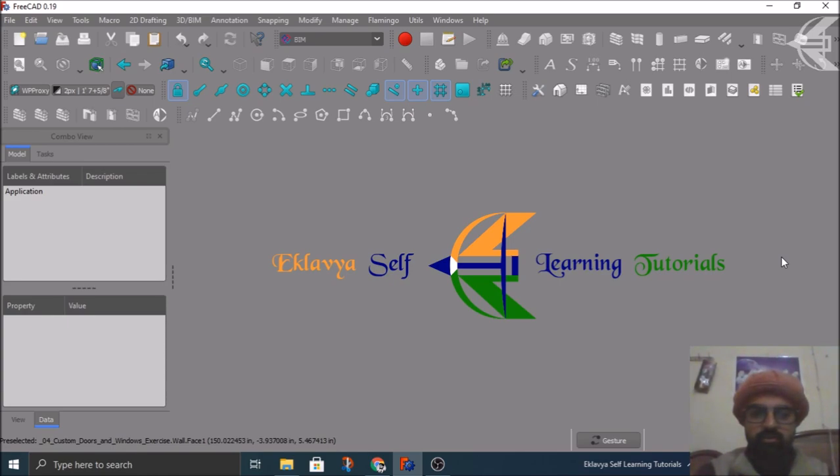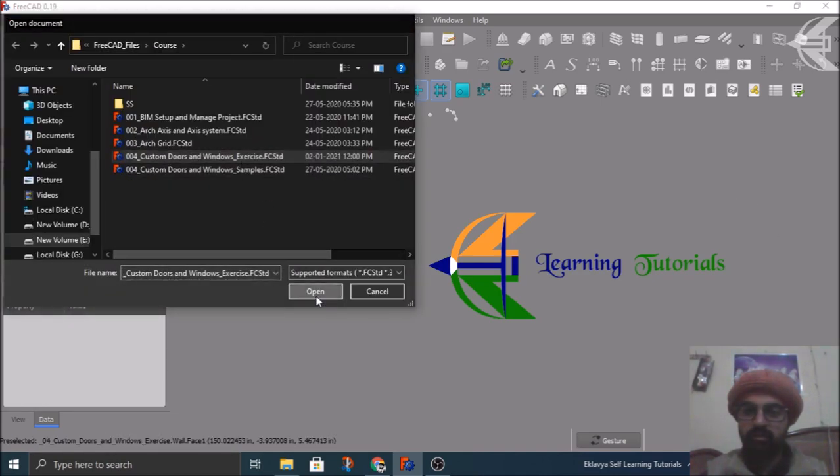Well, today in this tutorial, we'll be learning how to reuse your custom built BIM objects into some other project or into some other model of your desired use. So this basically will cover a library or a custom window or door built by you that you can reuse in some other project simply by copying and pasting, but there are certain rules, so we'll be discussing that. So let's open an already existing model.